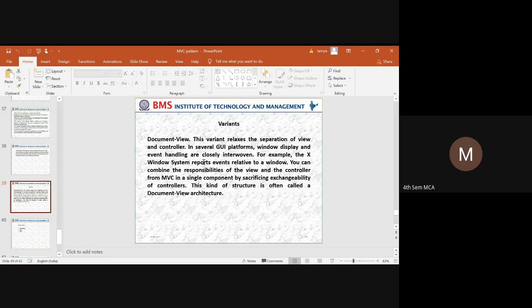Say if we are taking a Word document, in a Word document you can make different formatting, right? You can create a text by using word art. Once you are done with the word art, you can change the font style, you can increment the font, decrement the font, you can use different font styles. All these things can be considered with respect to the view. If you want to make a shadow of that particular text, you can create that.